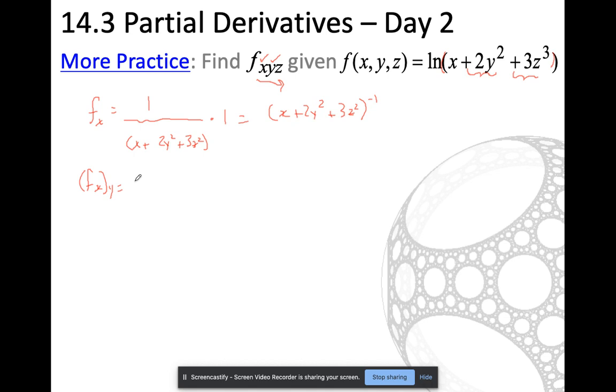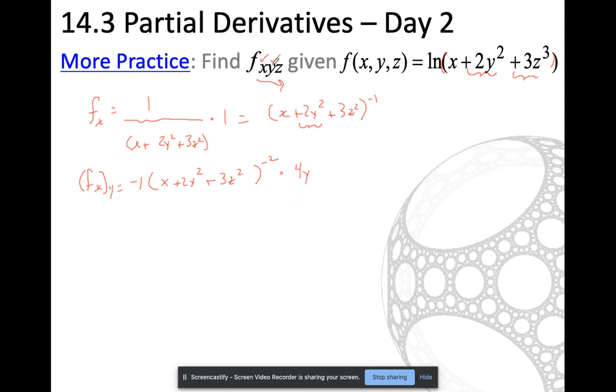Do the chain rule, that's negative 1 to all that stuff to the negative 2 times the derivative of that inside. But the derivative of the inside with respect to y only. Everybody else is a constant, right? So the derivative of x is going to be 0. The derivative of 3z squared is going to be 0. And you just have 4y,